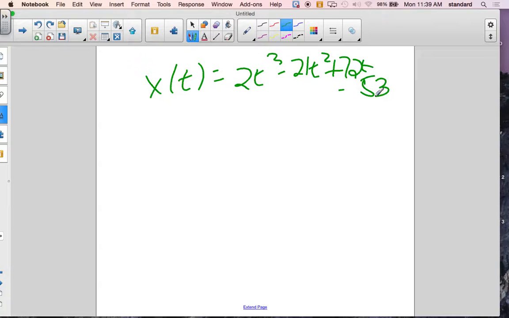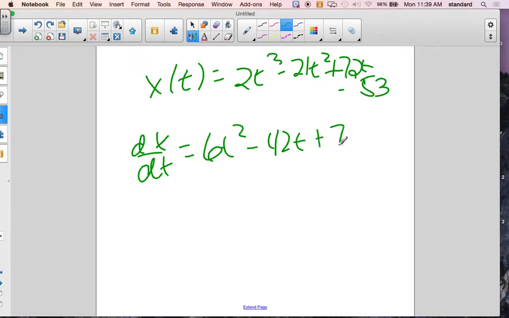Now, the particle is moving along the x-axis, this one's interesting. It doesn't even have a y component. If you've seen the one time I turned my calculator to parametric mode and watched it move around, this thing's just moving back and forth along the x-axis, left, right, left. So my y component right now is 0. The question is, when is it going to stop? When its velocity is 0. So I'm going to find dx/dt,